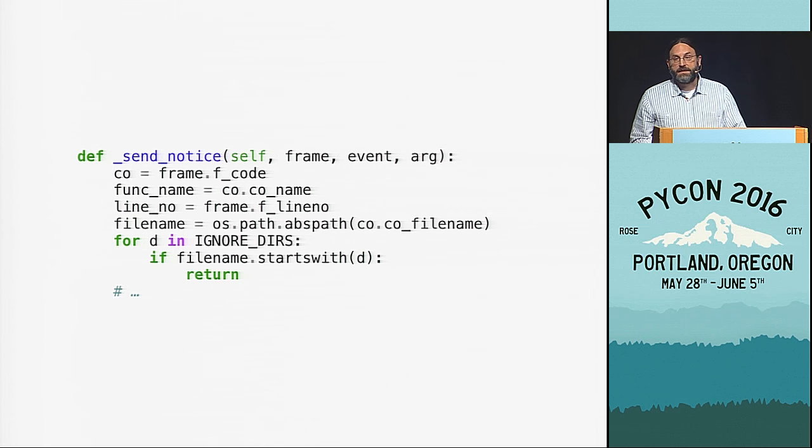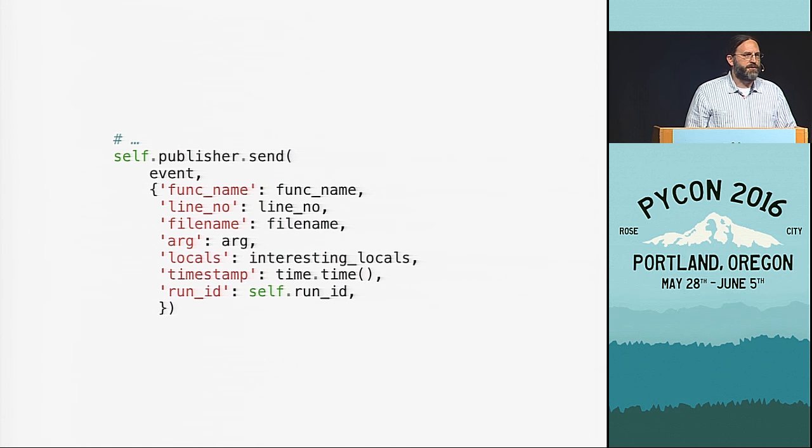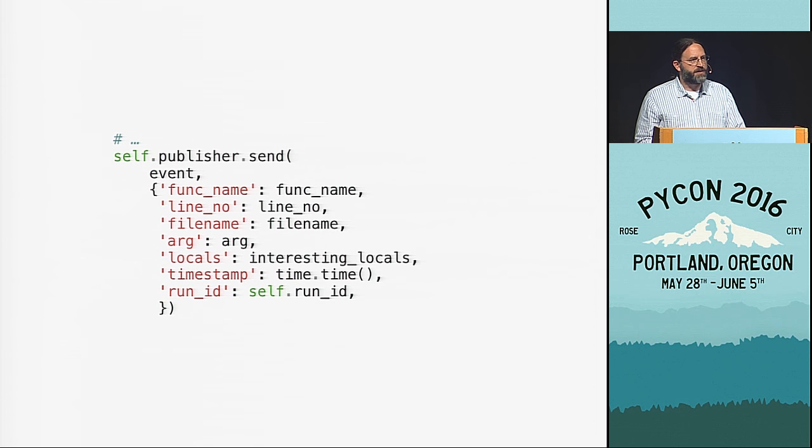So if it decides that it should record the information about the event, then it builds a list of the interesting local variables from that stack frame. The frame includes everything that's visible, so you get modules and classes and methods and functions and things like that. Those don't really change over time, so I ignore those and collect all of the other variables. And then finally, it builds a standard data structure so that all of the messages going over the wire look the same. So it includes the message type and all those local variables and a couple of other little values that are of interest as you are looking at the replay.